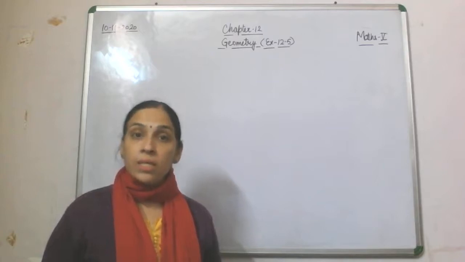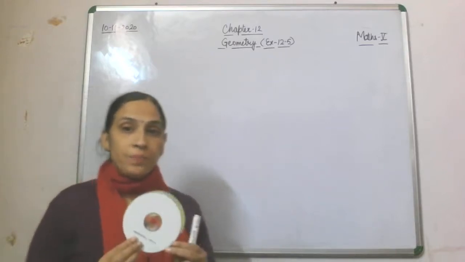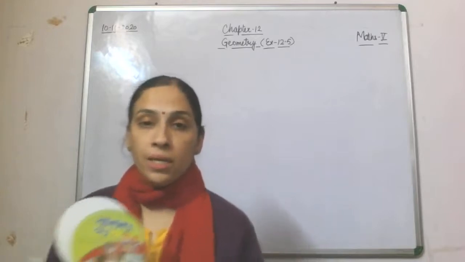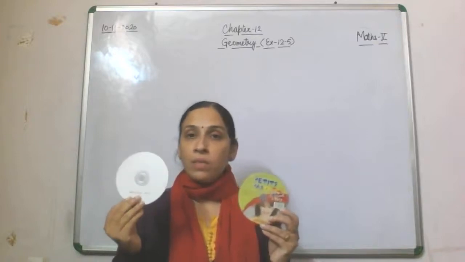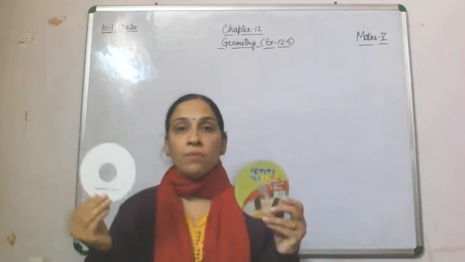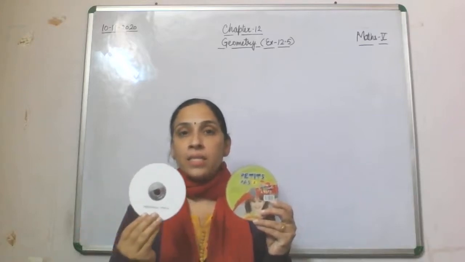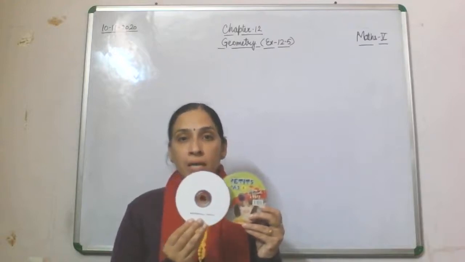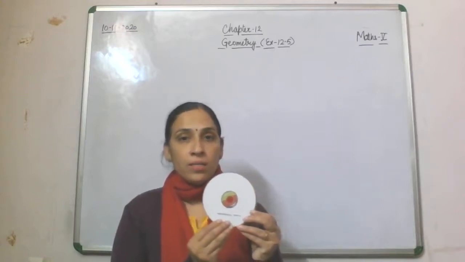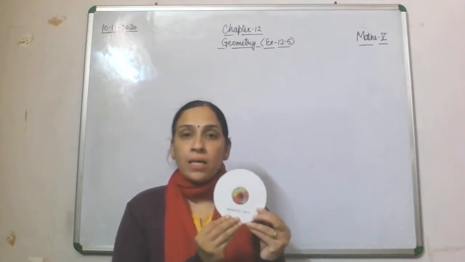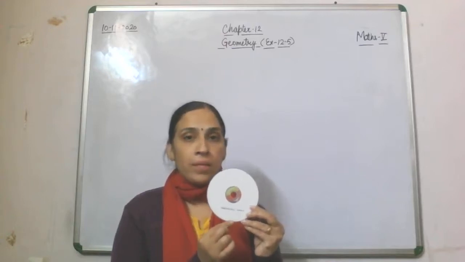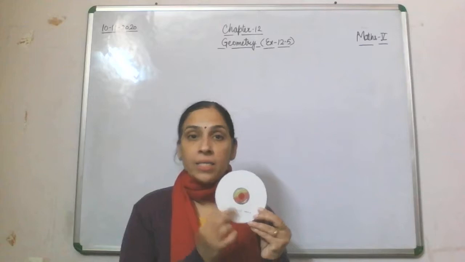So what I have told you, just hear it once again. If I show you this CD, the CD which I am having in my right hand, that is your position A, and this is your position B. If I start sliding this CD A, and after sliding up to some extent, this CD will cover this whole CD B. So what I am saying is that now the translated position of CD A is B.